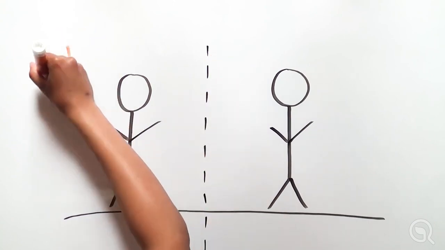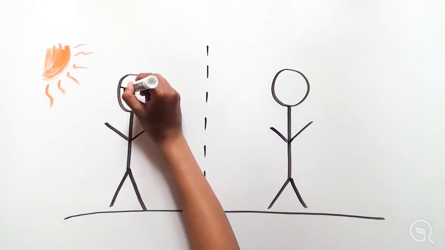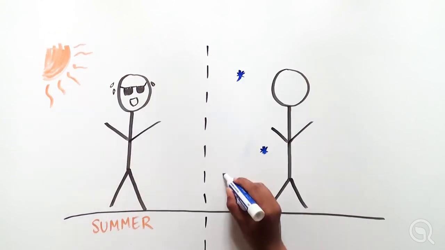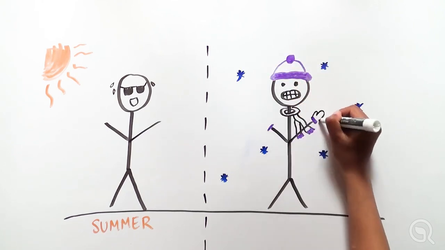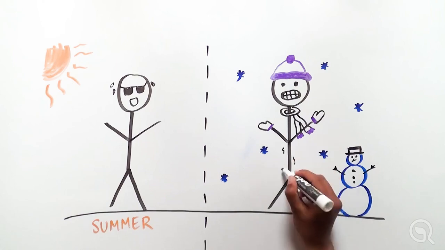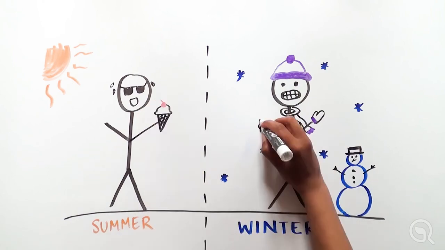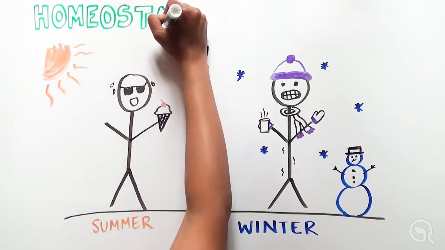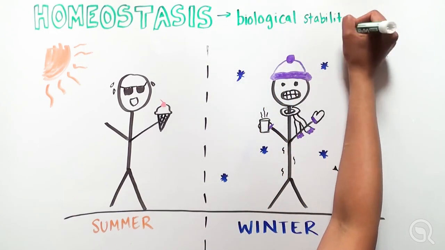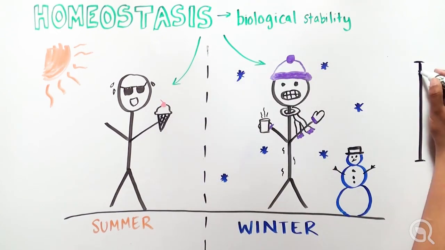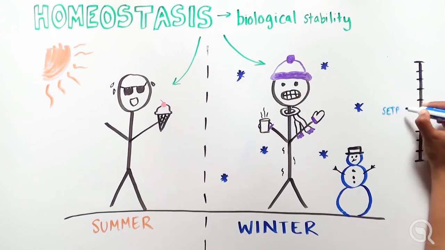Our bodies are constantly experiencing changes from the external environment, whether it's changing seasons or the variety of food we eat. Despite these changes, our biological systems are able to function normally because of something called homeostasis. Through homeostasis, our bodies achieve optimal internal conditions to maintain biological stability, which is measured in a certain numerical range